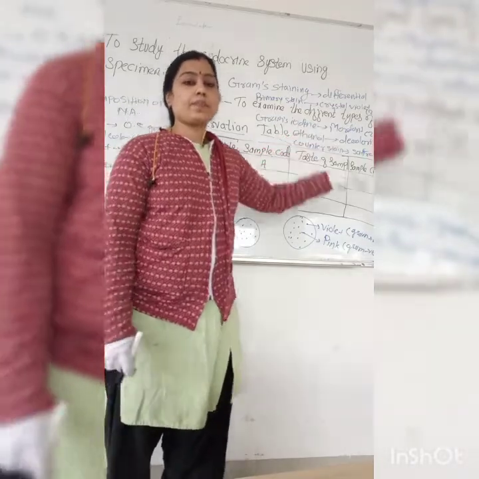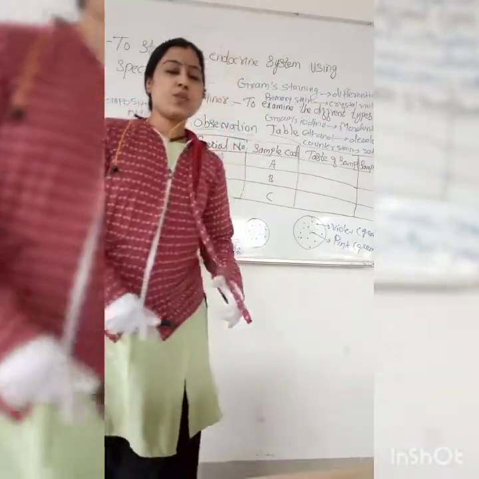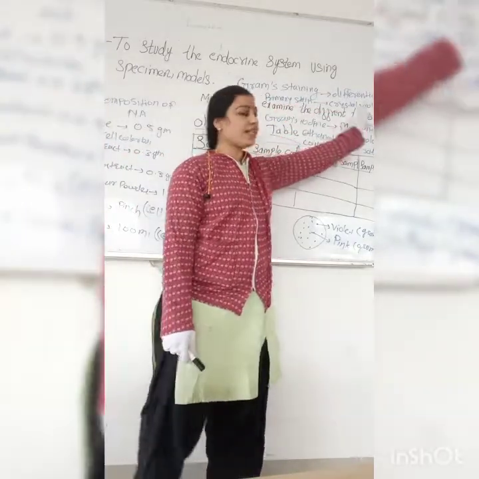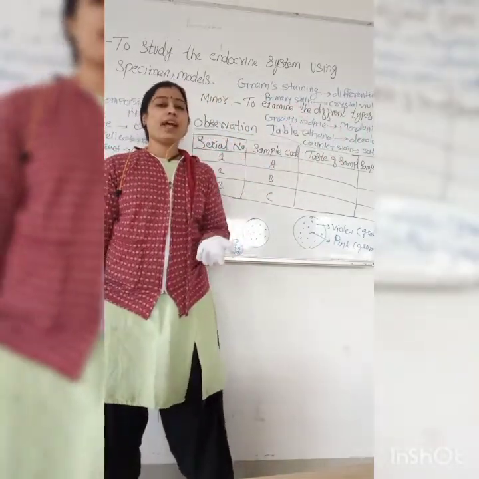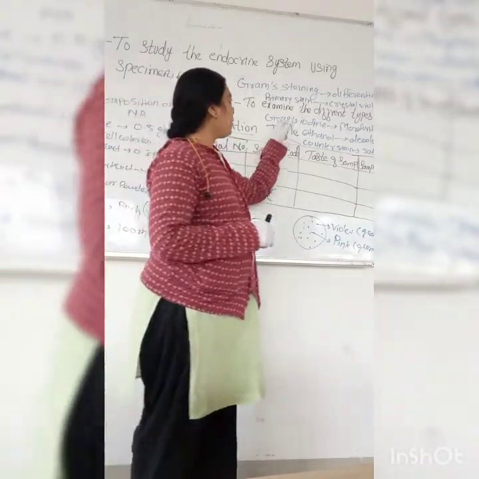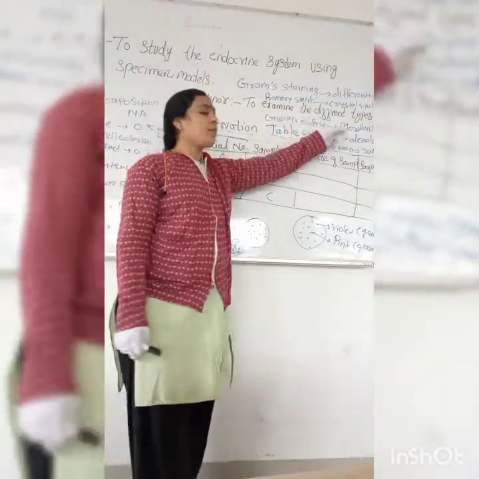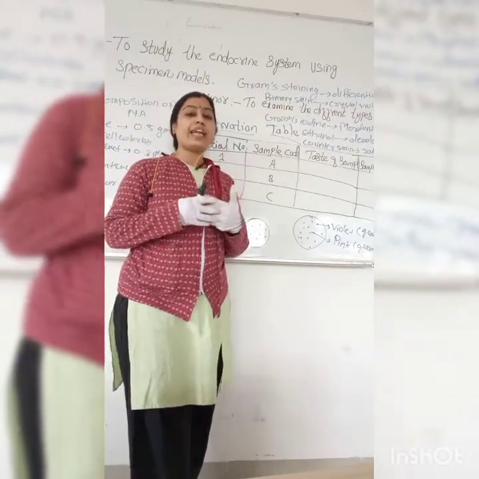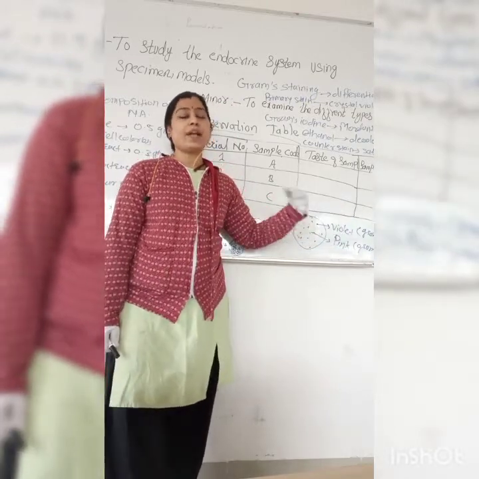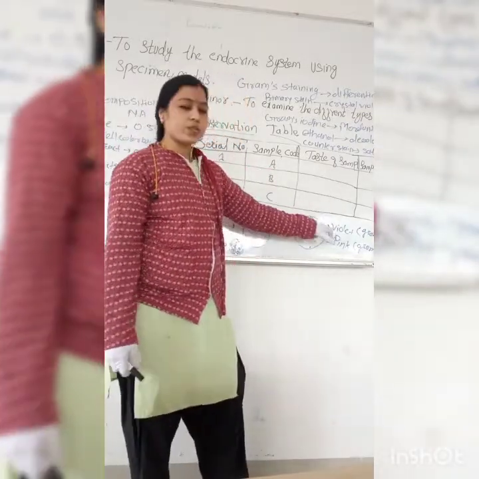So, talking about the principle of gram staining, firstly we add the primary stain, that is the crystal violet. When we add the crystal violet on the smear, all cells become colored, and after that we add the Gram's iodine, that is the mordant. That mordant can react with the gram positive organism, because a peptidoglycan layer is present in gram positive organisms, so it forms a certain type of bond with these gram positive bacteria.